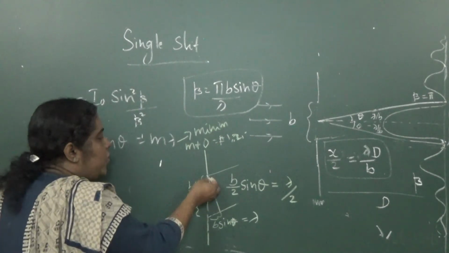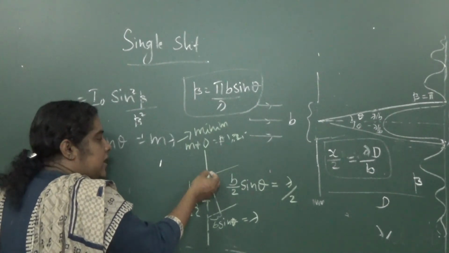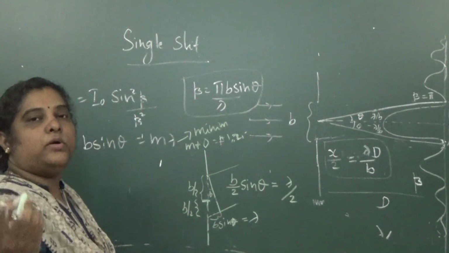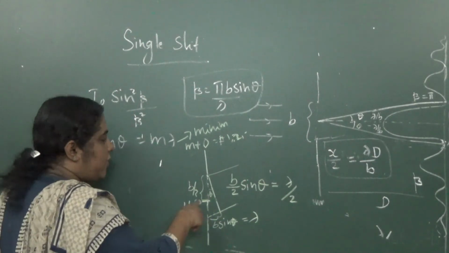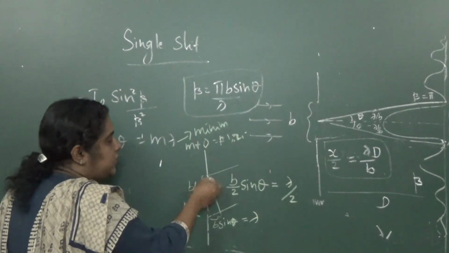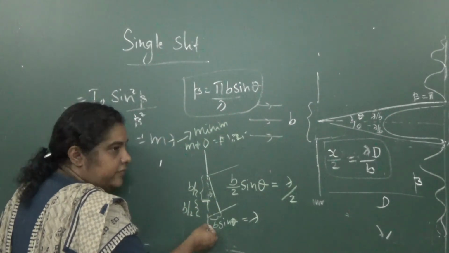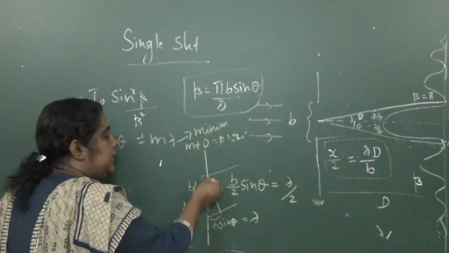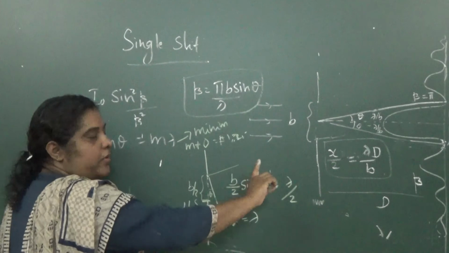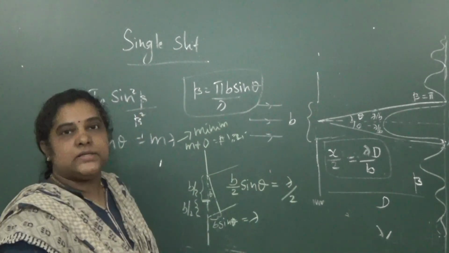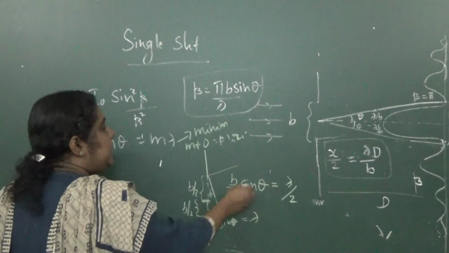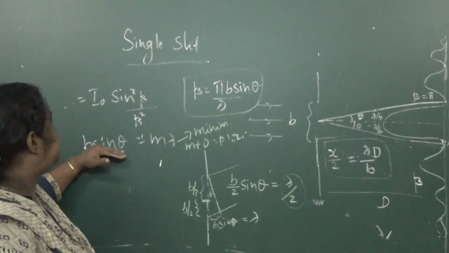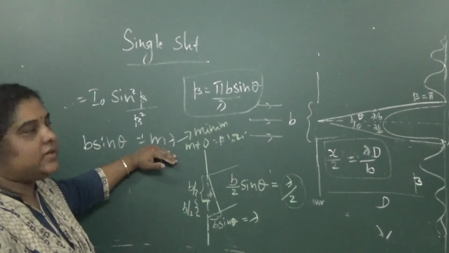So each point source on the upper half has the corresponding point source on the lower half. Then if we take the third point source here and the third point source there, the optical path difference between those two point sources is again lambda by 2. So they will cancel. So our condition, differential b sin theta is equal to lambda condition, it is